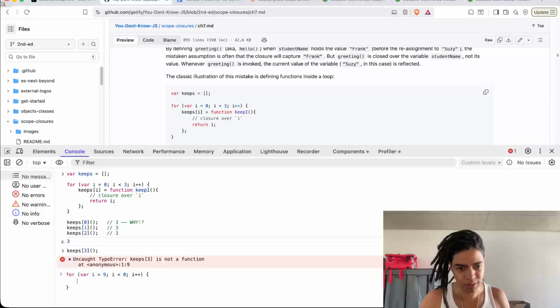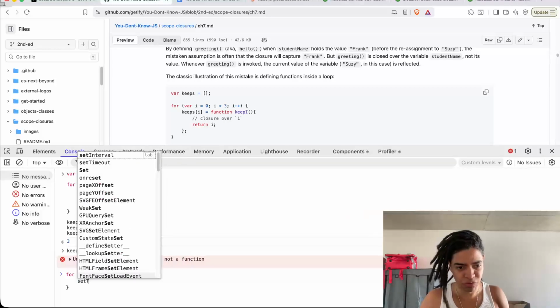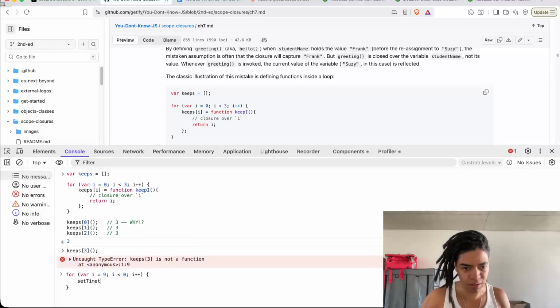Then I want, after an X amount of time, to execute and run those numbers,